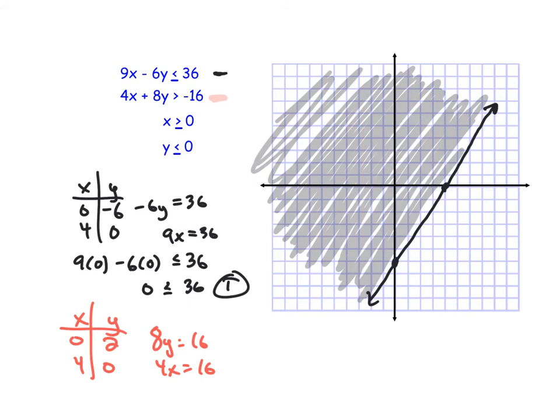All right, well, we're not quite done yet because we have to shade a couple more regions here. Let's see, we've got, well, x is greater than 0, so that means we're going to,